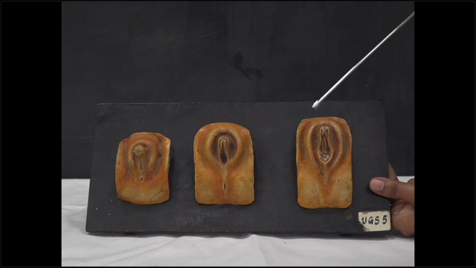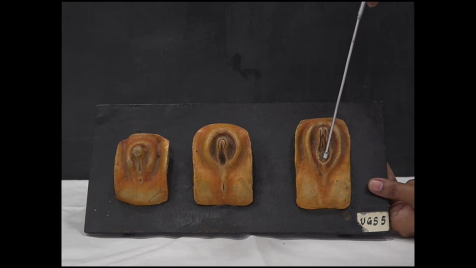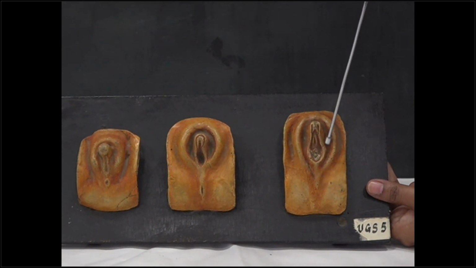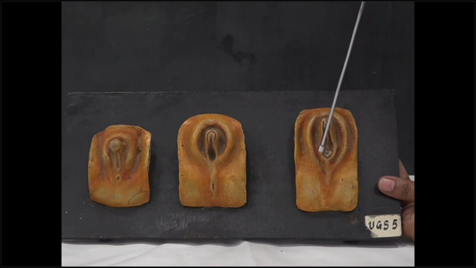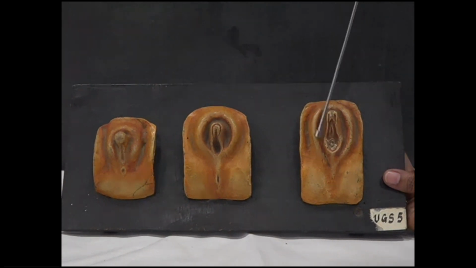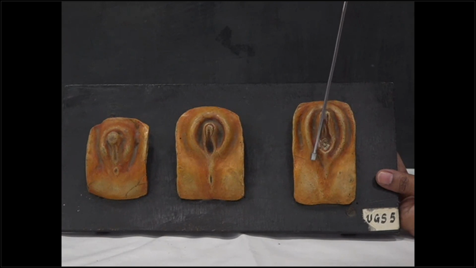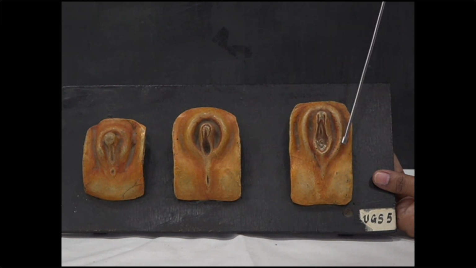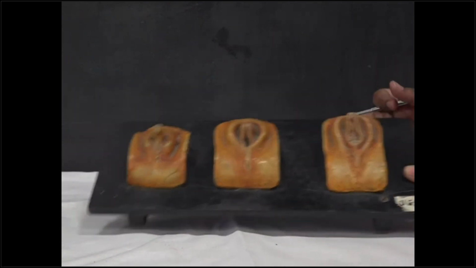Then later there is the formation of the opening here, that is the vestibule, in which there will be the opening of the primitive urethra and the opening of the vagina. So here we can see the urogenital folds, which are not fused, only fused on the posterior side in females. While the labioscrotal swellings become prominent and fuse on the posterior side, and this remains as the labium majus in the female external genitalia.